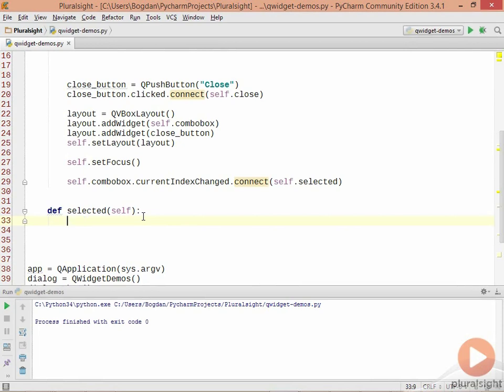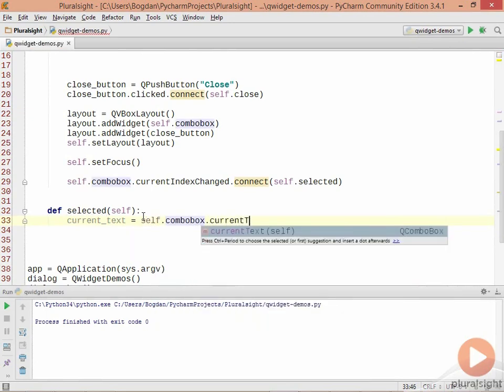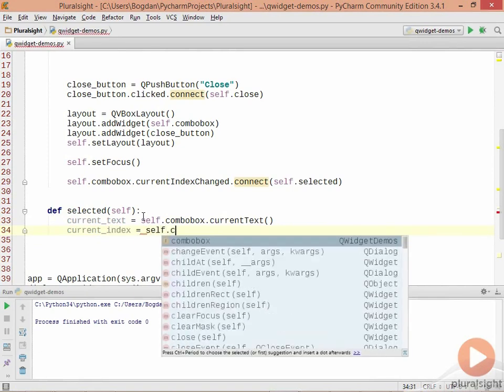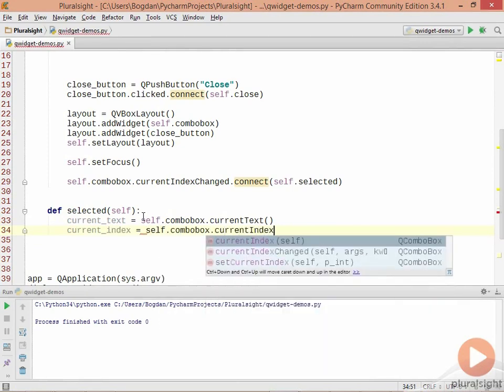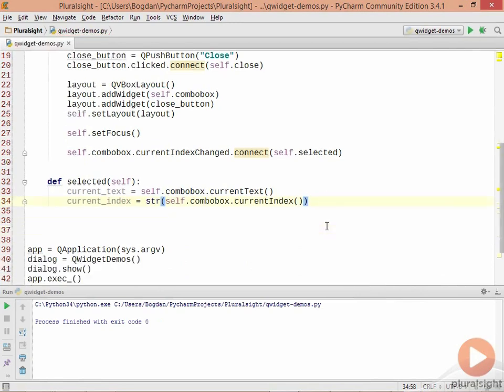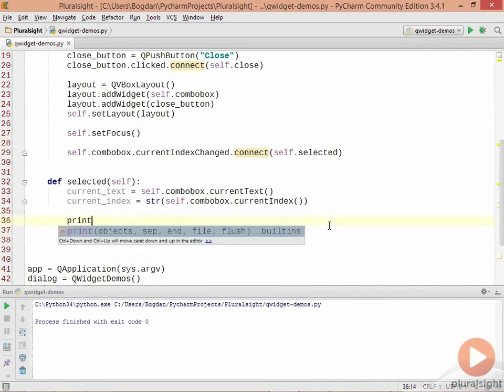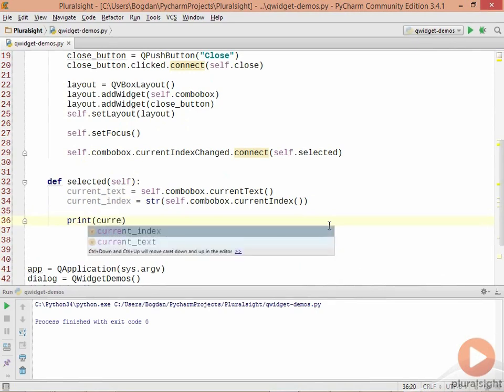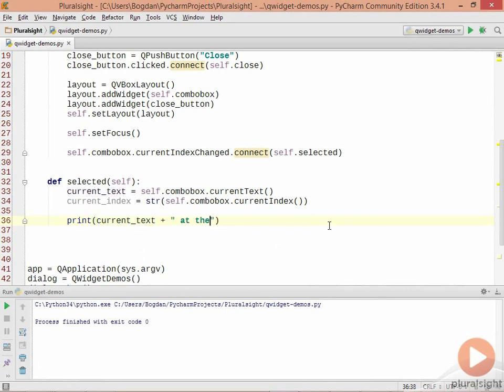Let's create two variables. The first one will be called currentText, and to obtain it we just call self.combobox.currentText, and we'll also have the current index. To get that, as you might assume, we call currentIndex. Now, since this returns an integer, I'm going to wrap this with str so that I can convert it to a string, because we're going to print it all in one line. Let's print it to the Python console. We'll say current text at the index